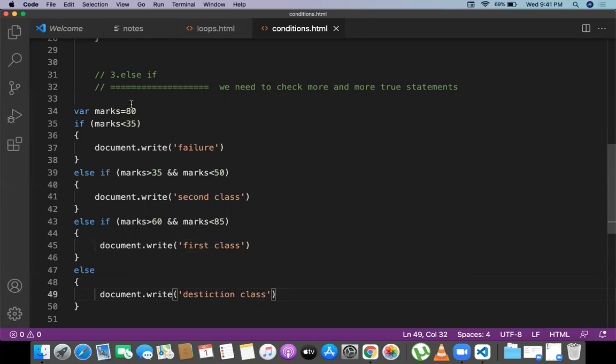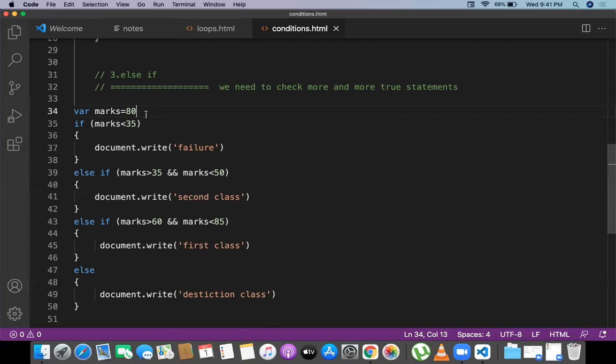So basically we have the marks 80. Which block of the code is going to execute for us? The first one is not, the second one is not. Marks less than 35 is not satisfied, and marks greater than 35 and less than 50 is not satisfied.